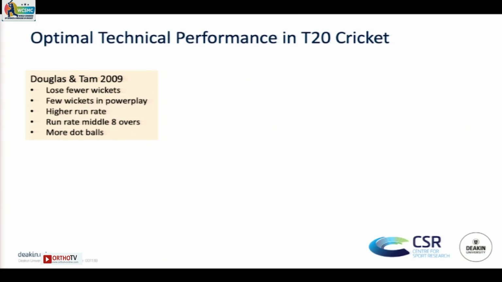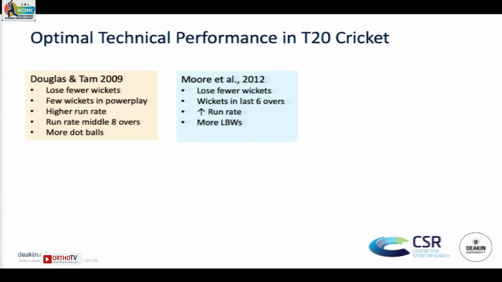And here they are ranked in order, at least the order that Douglas and Tam found. And there's probably no surprises in that list. If you watch cricket, that all makes a lot of sense. The next paper in 2012 confirmed some of what Douglas and Tam found in 2009, but one of their novel findings was that successful T20 teams also tended to take more of their wickets as LBWs